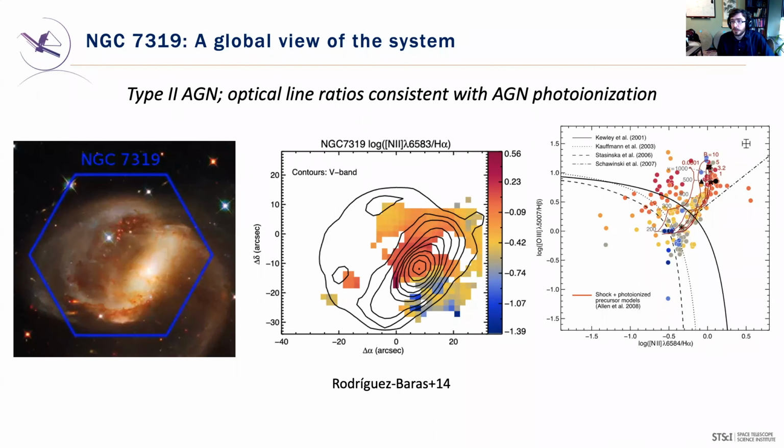And they made measurements of key emission line ratios. One of the classic ways of studying AGN is to measure things like the N2 to H alpha ratio and O3 to H beta, and see if those line ratios are consistent with photoionization, either by starlight or by the harder ionizing spectrum of an AGN. They really demonstrated that when you're looking down at the centers of this galaxy, you've got line ratios between N2 and H alpha that are just inconsistent with photoionization by stars. They're really telling you there is an AGN buried down at the bottom of this galaxy, and it's contributing a large amount to the ionization budget of the gas in those central regions.